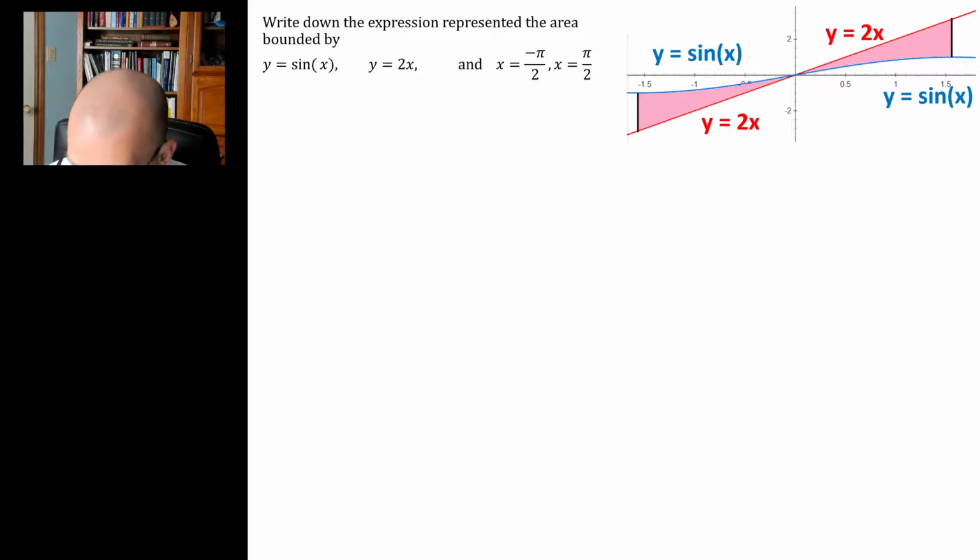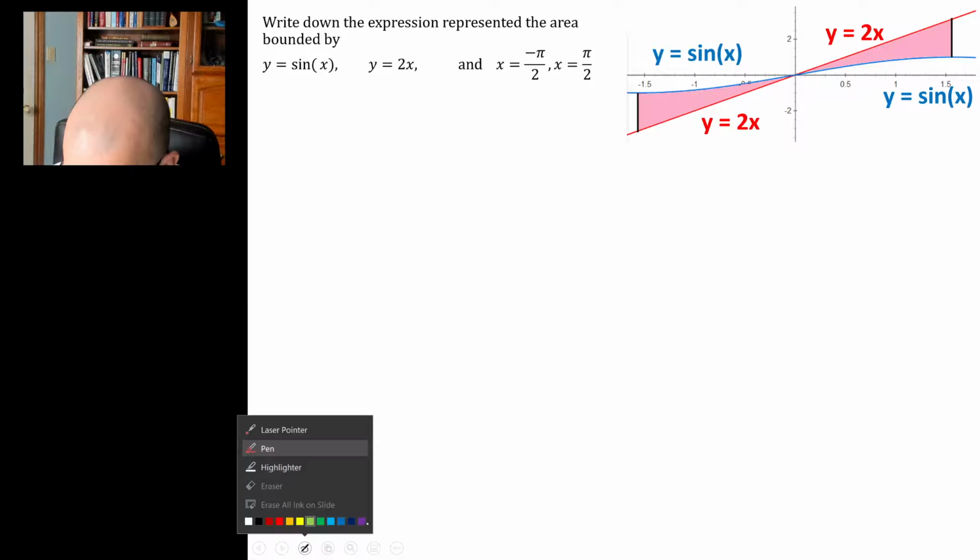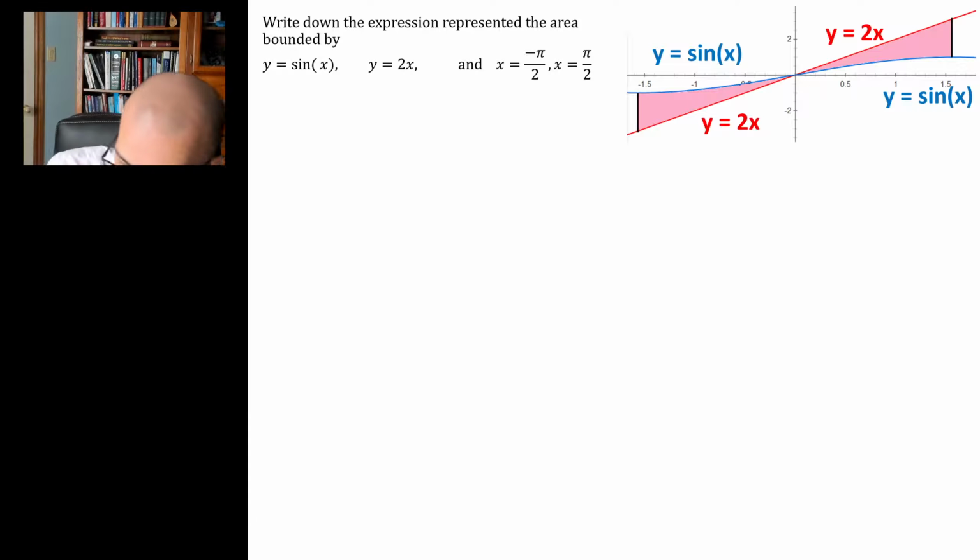Okay, here's another one. Write down the expression representing, that's a typo, representing the area bounded by sine of x, 2x, from x equals negative pi over 2 to x is positive pi over 2. So this isn't the whole question. This is just to write down the area expression. So area is equal to